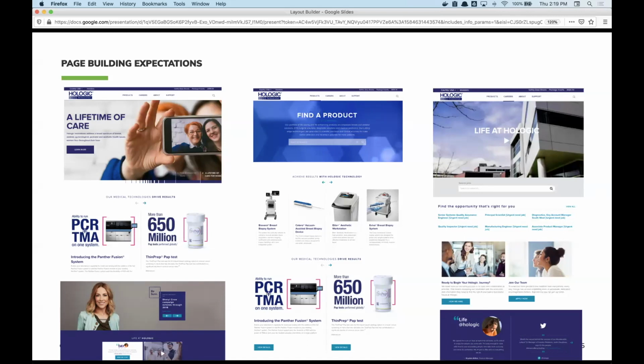So how do you identify a page like this? These are some examples I just have up on the screen. If we look at pages that don't have a predictable set of fields, pages that tend to aggregate content from elsewhere, pages that really are trying to get users to take a next step, use a call to action, and really tell a story and convince them of something. And so these types of pages, often you need more than just a standard set of fields. You need more of a flexible palette of